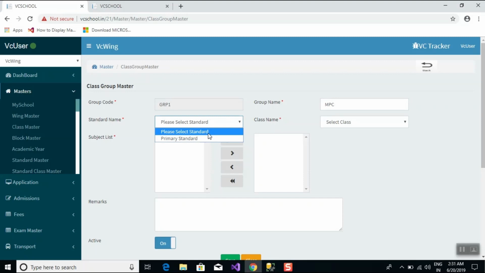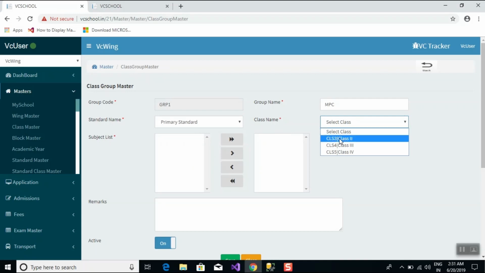After entering group name, we need to select for which standard we are creating the group. That standard we need to select here. Primary standard, second class. By selecting the class, in subject allocation master,